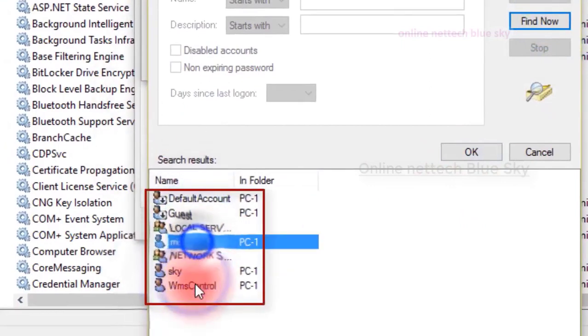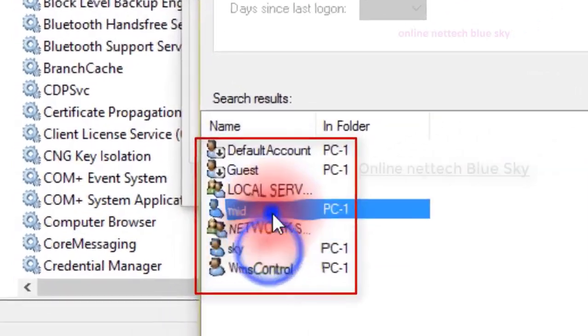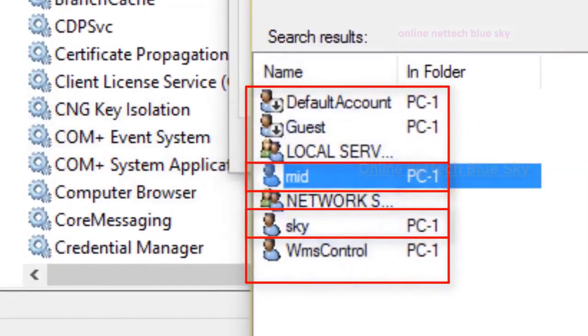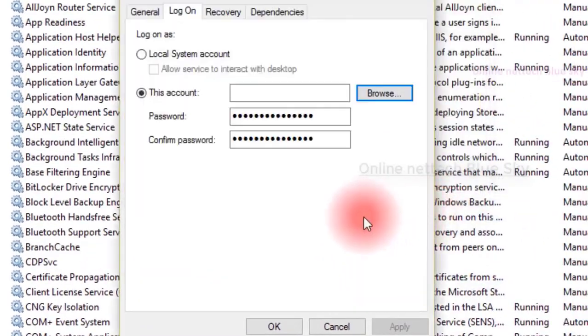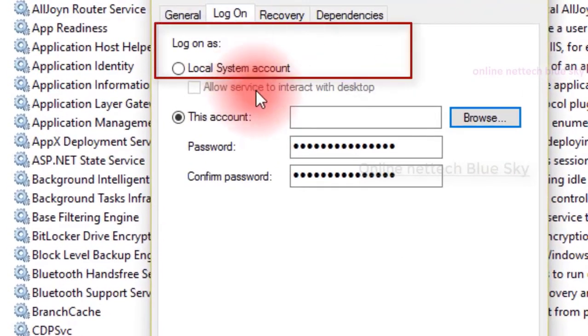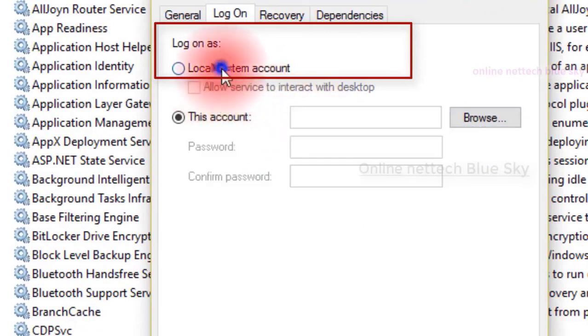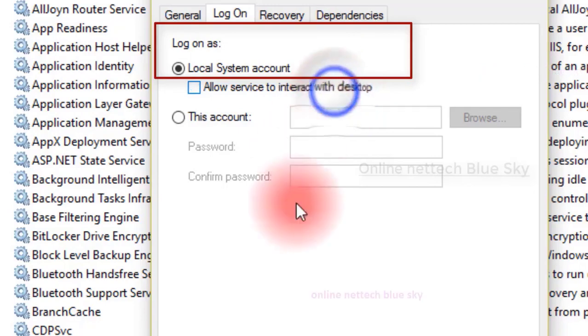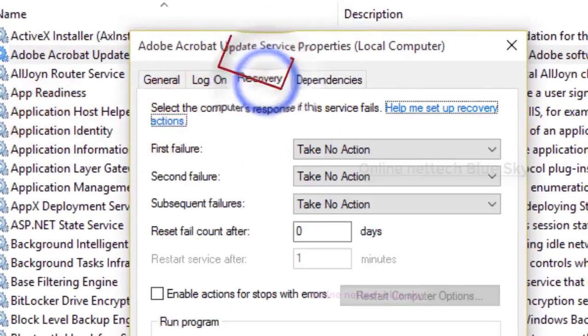So you can see here mail, Skype, my two services user here. I don't like the user, I just like only the local system account, meaning my local default account, and using this I allow the service to interact, and I can change these services here. So that is some security reason for logon.